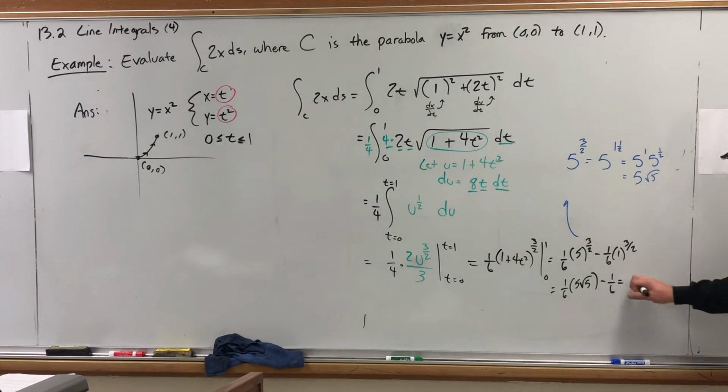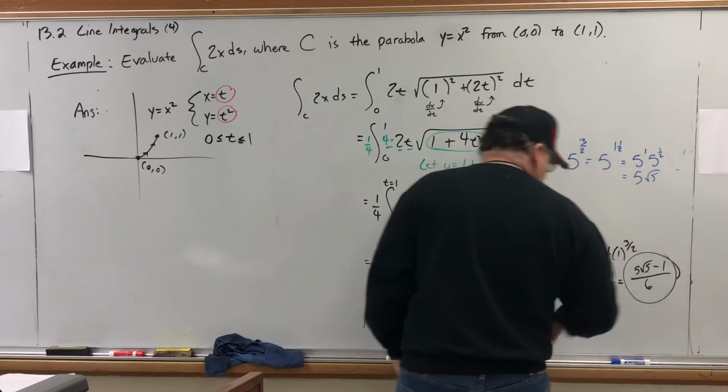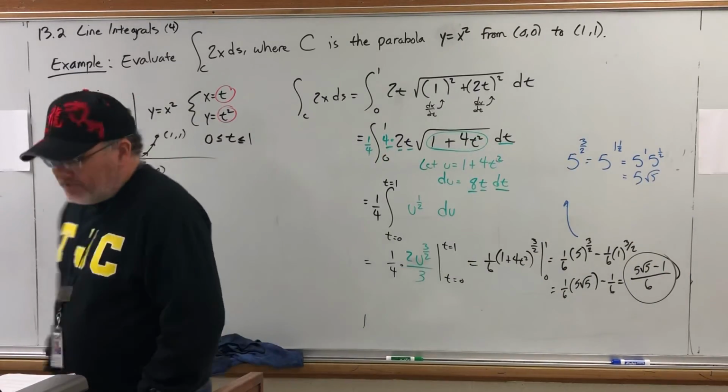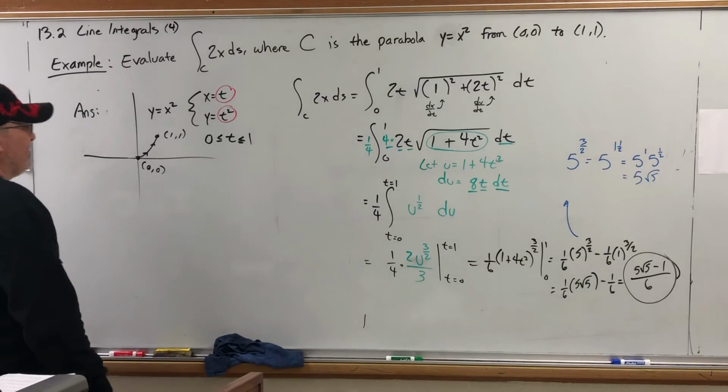Hey, look, common denominator, might as well put it together. (5 square root of 5 minus 1)/6. So it's a little messy, but at this stage, messy is not an issue. You deal with it. All right, in the next